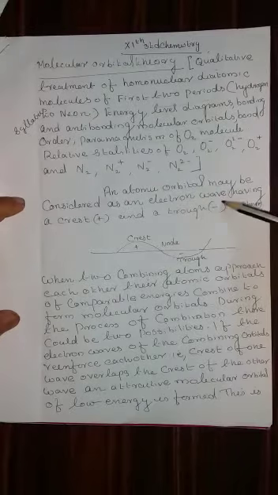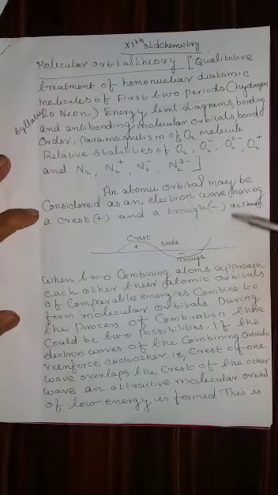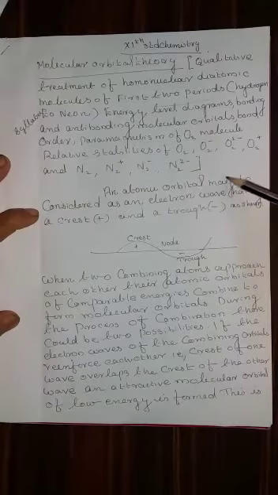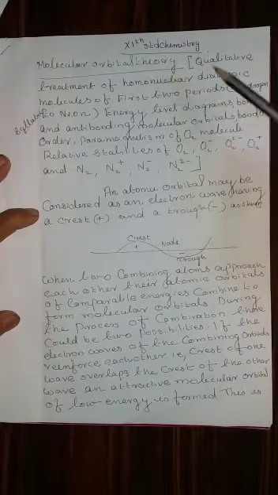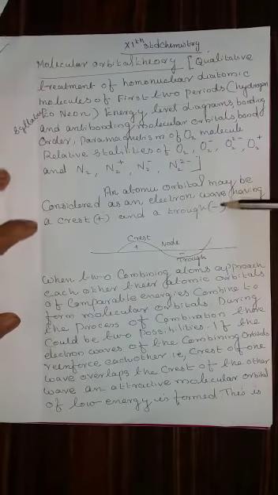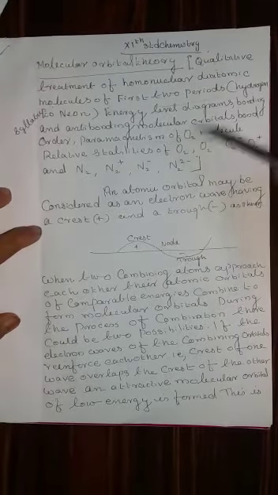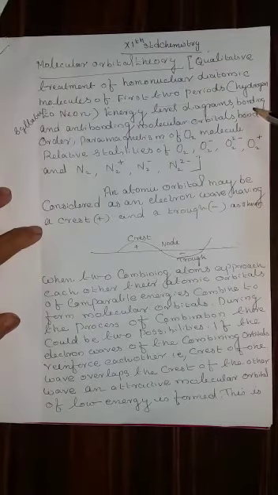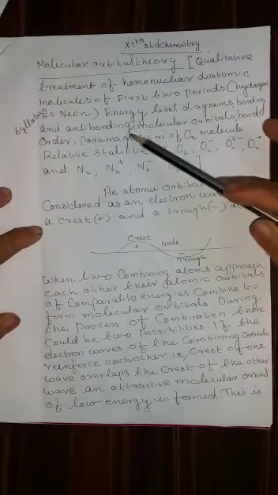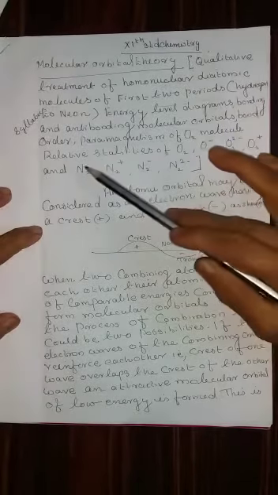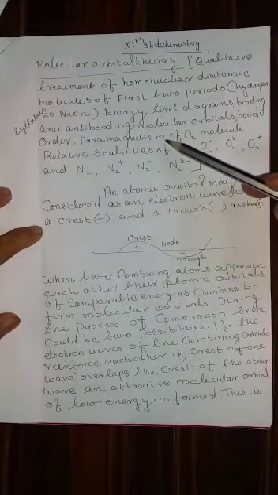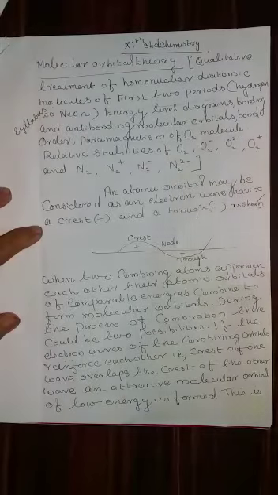These are all the portions that you have to study under molecular orbital theory. The first thing is that you should know certain rules in order to find out the electronic configuration based on the molecular orbital. Therefore, let us discuss all the terms given in the syllabus. What is meant by bonding orbital? What is meant by anti-bonding? What is meant by bond order? How is bond order determined? What is meant by paramagnetism, etc.